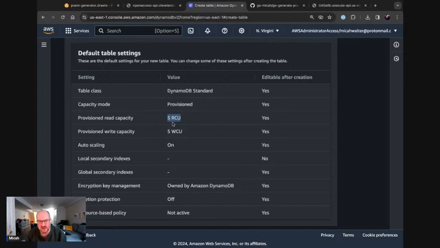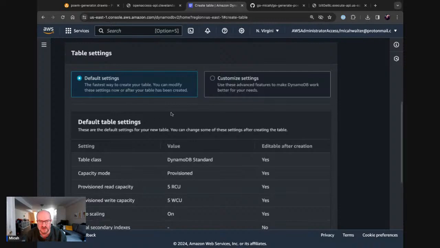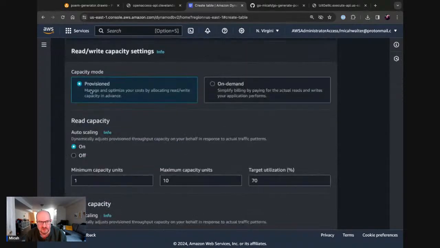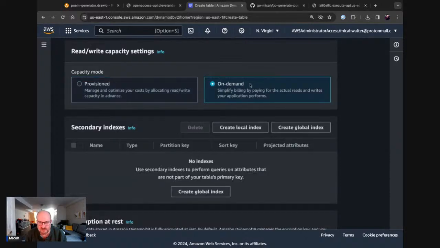So the default is 5 RCUs and 5 WCUs, and this is good for a lightweight application, kind of getting started. But if you're really just testing and developing something, and you're going to make a table and leave it as is for a while, I recommend switching this over to on-demand mode. So you won't be paying for those compute units while you're not working on the project, basically. In any case, that's something to know about.